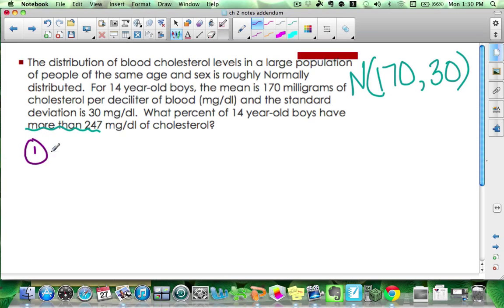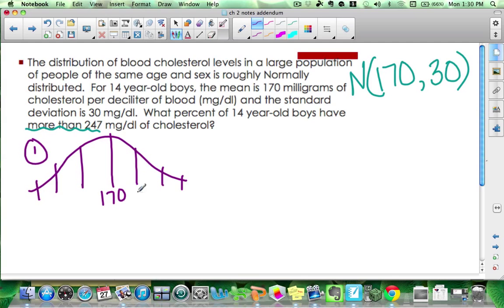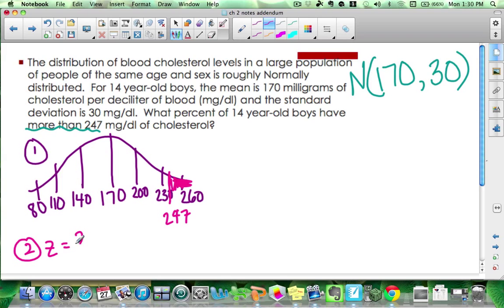All right, hopefully you started with step 1, drawing your curve. The mean is 170. If I go up 1, 2, 3, down 1, 2, 3, I'm adding and subtracting 30, so this becomes 200, 230, 260. To the left, that becomes 140, 110, and 80. More than 247, 247 is right about here. More than means I shade to the right. So there's step 1. Step 2, I calculate my z-score, which is going to be 247 minus the mean divided